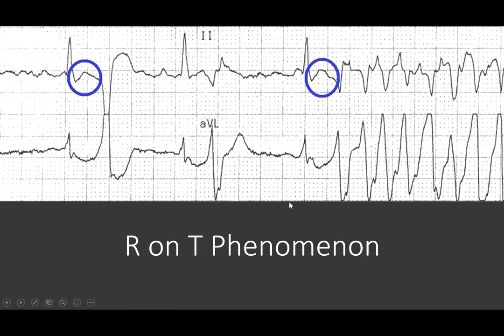We know that the R wave represents the ventricles depolarizing and the T wave represents the ventricles repolarizing. So my R wave, which is the top of this QRS complex, my ventricles are contracting. Okay, they're depolarizing. And then during the T wave, my ventricles are kind of recharging for that next depolarization, that next contraction. So what happens when we get an R on T phenomenon, we're kind of crossing paths of that depolarization and that repolarization, and it's going to crisscross our electrical impulses,